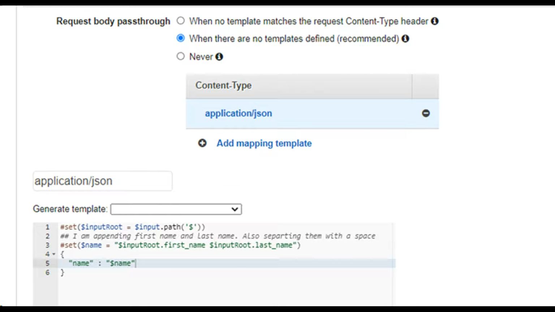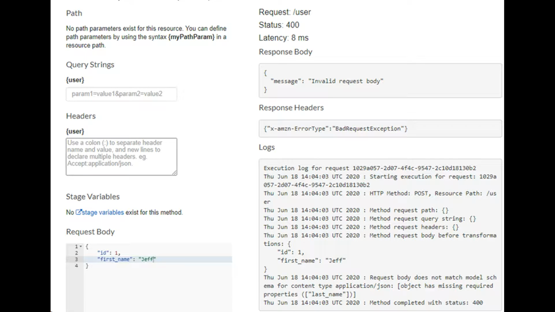Here I am using Apache Velocity language to append two strings, first name and last name. I tested my API by providing 2 out of 3 input fields. As expected, API Gateway blocked my request from reaching Lambda.